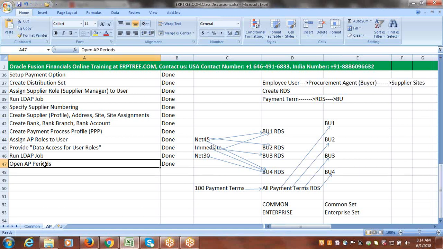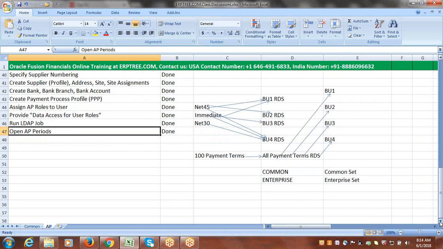So we completed up to payables configuration. We opened the periods. Now we can go and create the invoices and do payments, and we can work on the payables process. So before we start with that, we'll see a rapid implementation process. How the setups can be